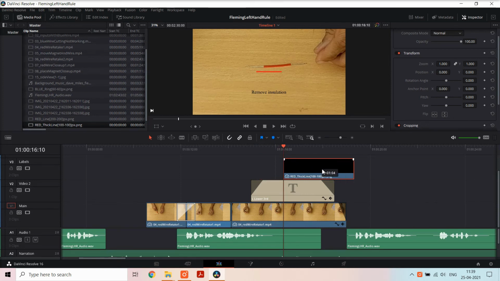Let us say we want to show that insulation is removed. Instead of blue circles, we can use red lines to begin with.